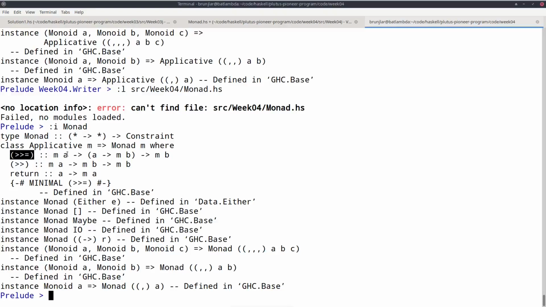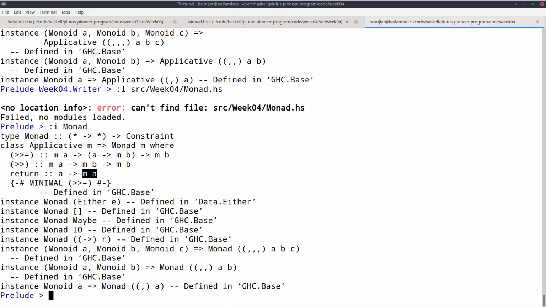So taking a computation that results in A and a way to turn A into a computation that results in a B, combine those two parts into a computation that results in a B, and the return that takes a pure value of type A and turns it into a side-effecting computation, where the intuition always is that the M allows potential side effects, but in the return case, it doesn't make use of this and just wraps this pure value into such a computation.